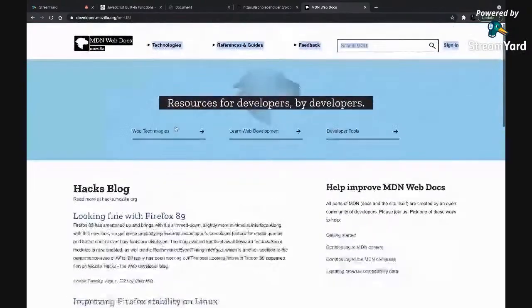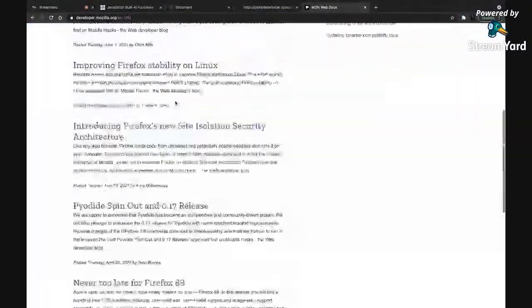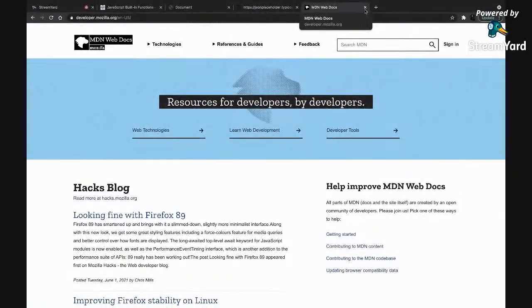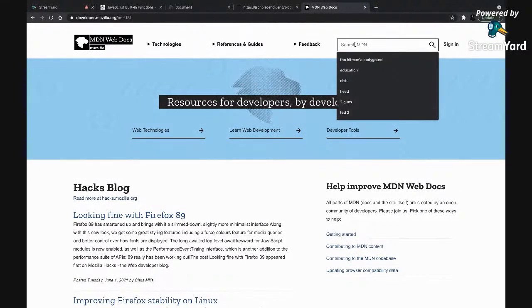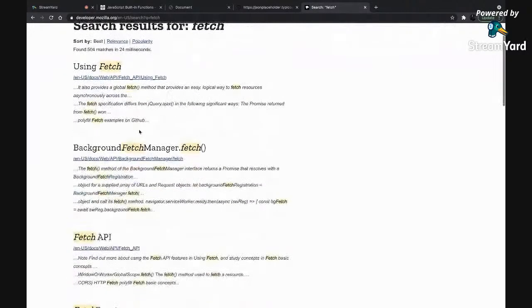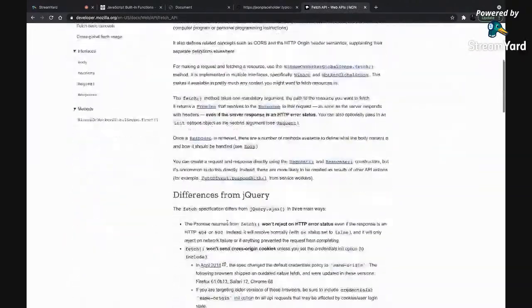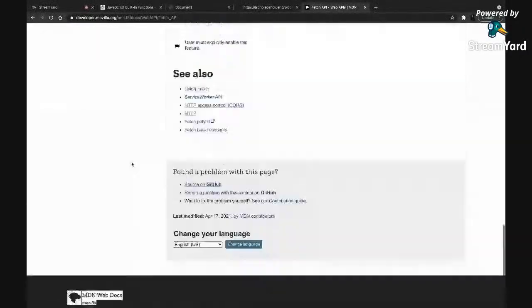Whenever you find anything that you are unable to understand, you can just go here and search it. It's the Bible of web developers. So I can any day go and search, okay, I don't know what is fetch. I can just go and search, and it will show the result of fetch, what fetch is, what it's used for, in-depth details of everything.